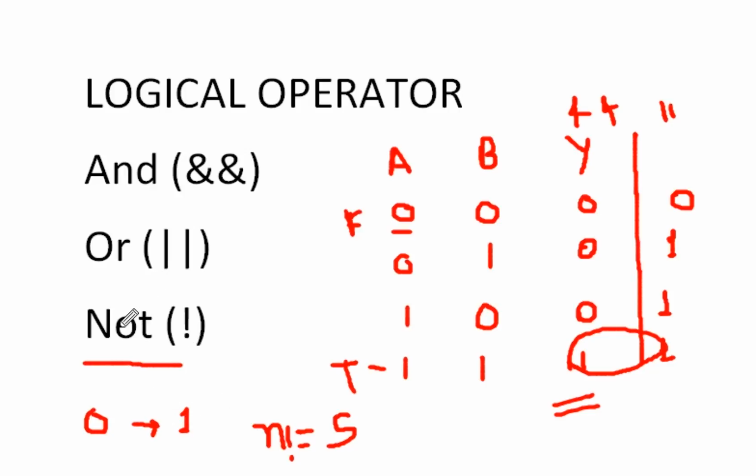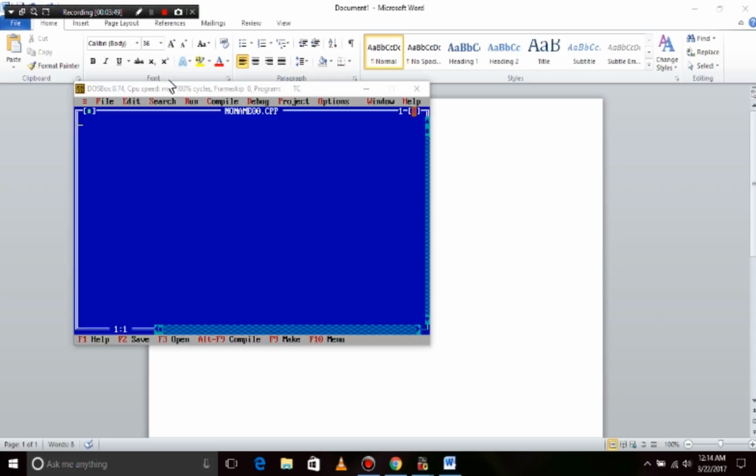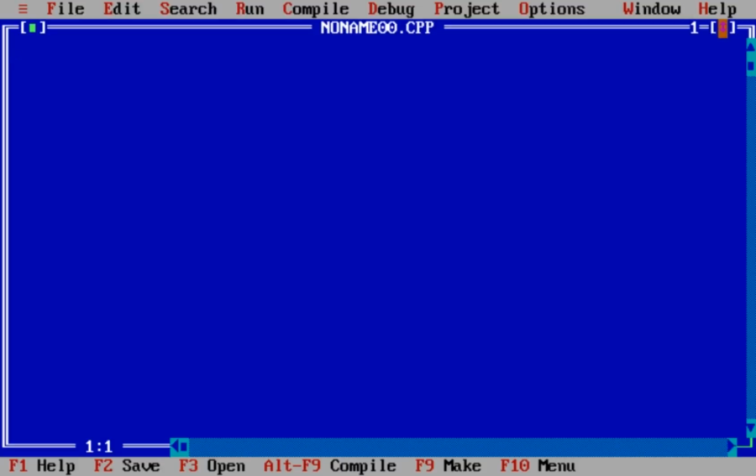So in today's lecture we will take an example of logical operators to find whether a given alphabet is a vowel or consonant. So moving to Turbo C++. Now include some header files: include stdio.h, include conio.h, void main.